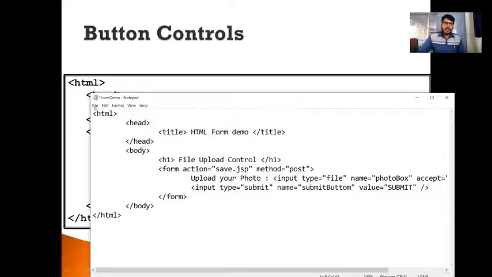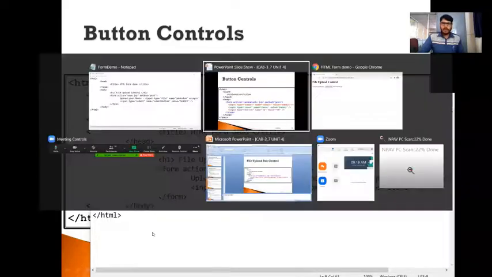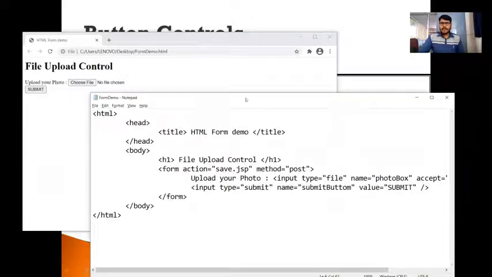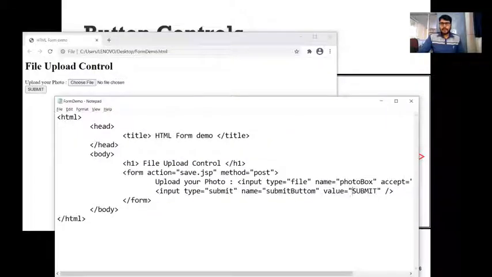Now let us see, by saving this document and going to the web document which is already open here, and reloading this. You can see it includes one submit button here, and you can observe the value. It is showing submit in uppercase because I specified the value as submit here.